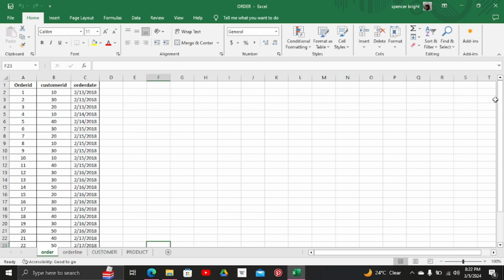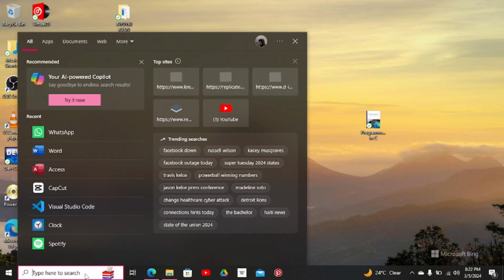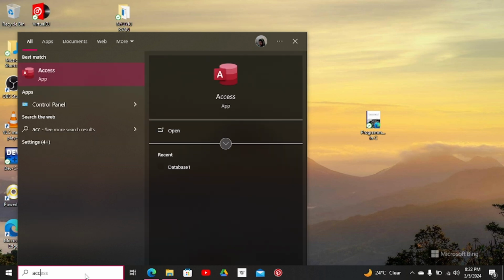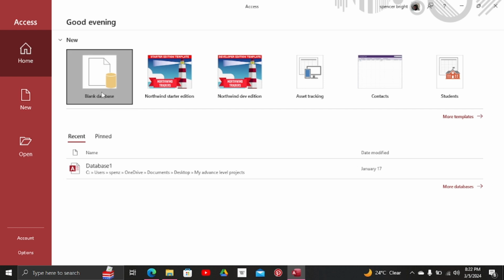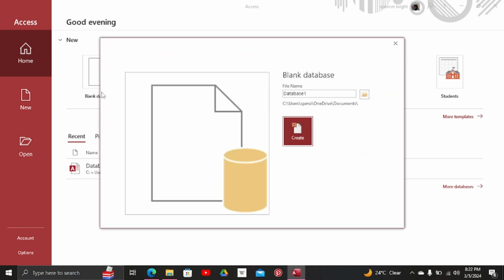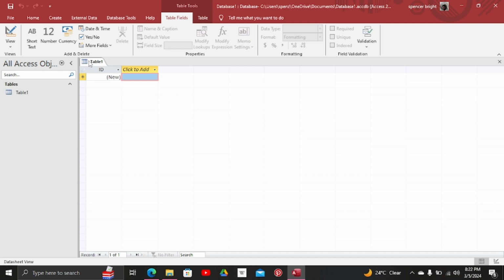So what I want to do is close these four tables, close this Excel page, then I search down here for Access. I open my Access app, I open it, create new database. Yes. So I'm going to go here to